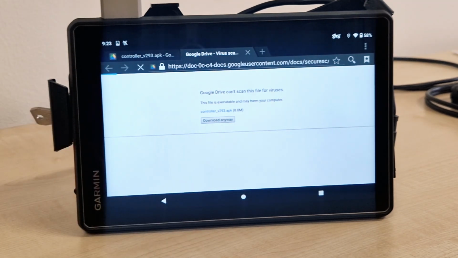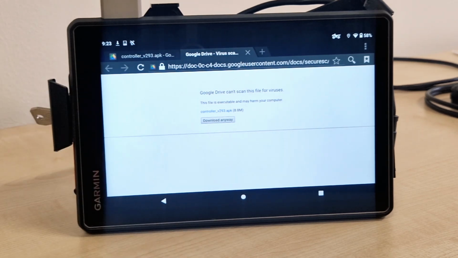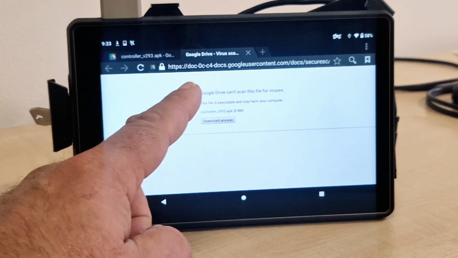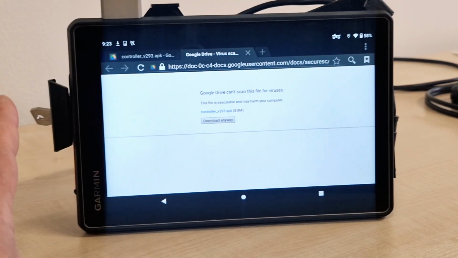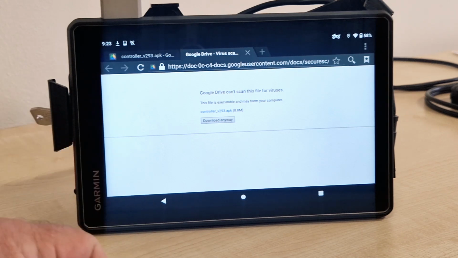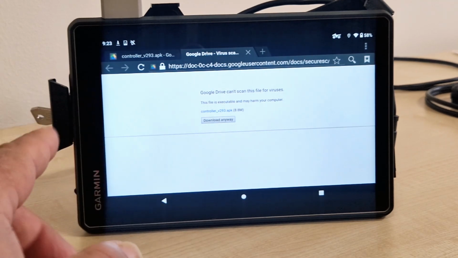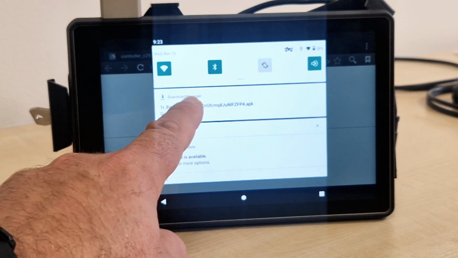Some services on Garmin Thread are taking a little longer. I think it's got something to do with power optimization. So now we have the file downloaded. Just to finish mentioning, APK files cannot be scanned. They're specific files for installing applications on Android systems. Don't worry about all these warnings if you would be installing our controller app.